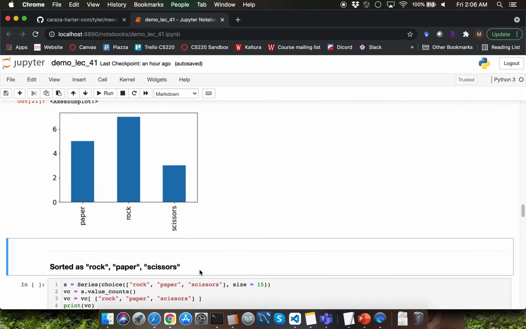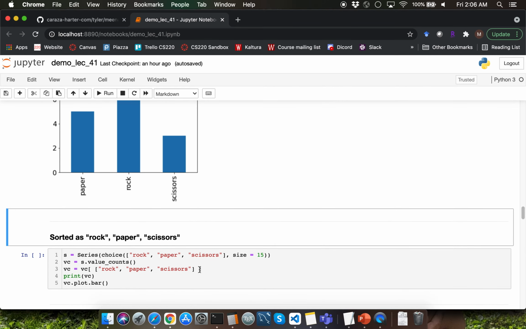The second option for us would be to use the lookup operation to specify a certain ordering for the bars that we would like to have. The best ordering that you can do here would be rock, paper and scissors, which is the typical ordering that everyone refers to.